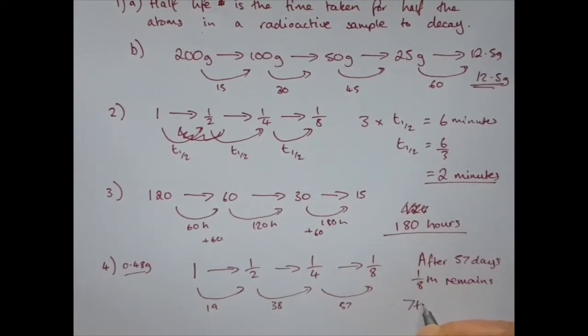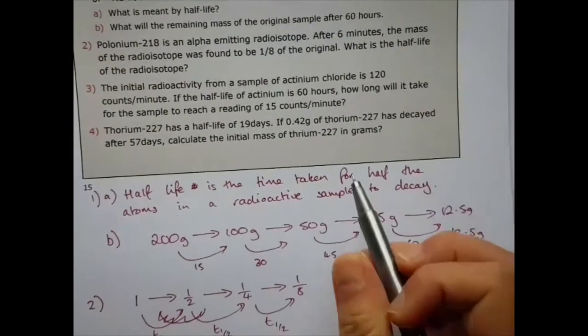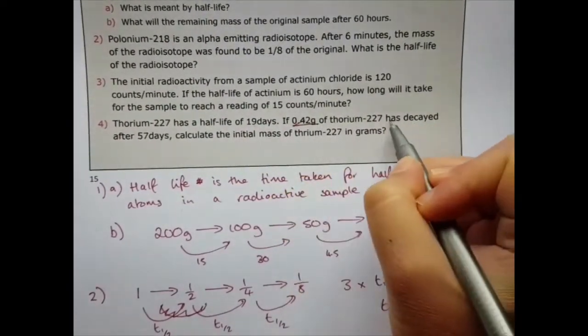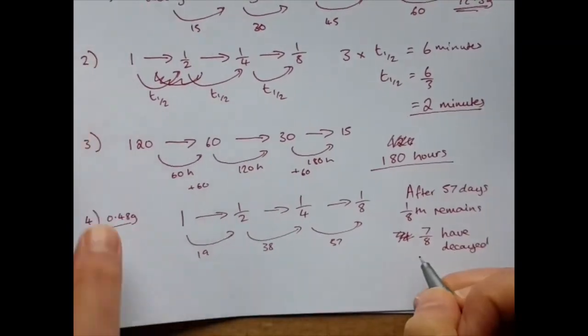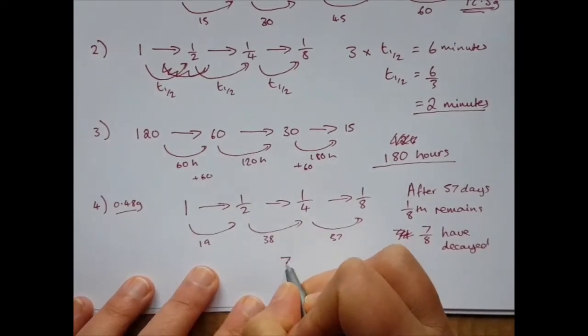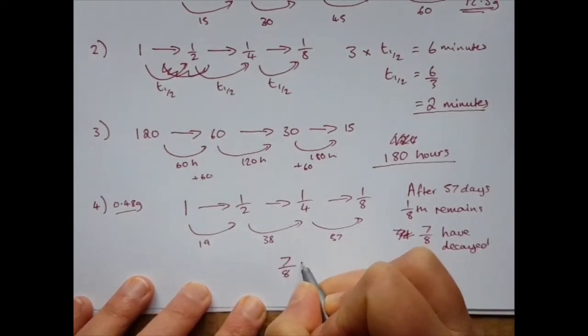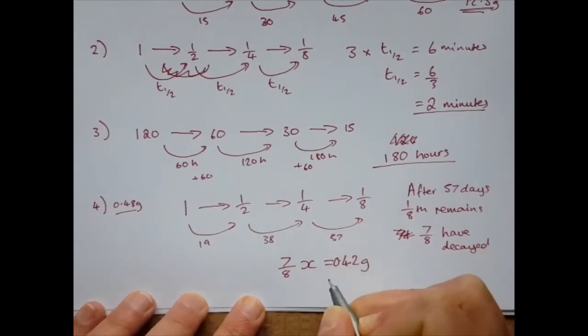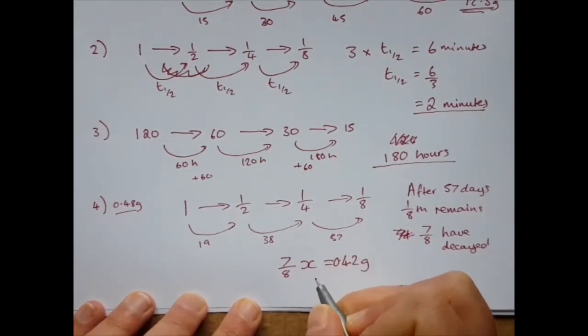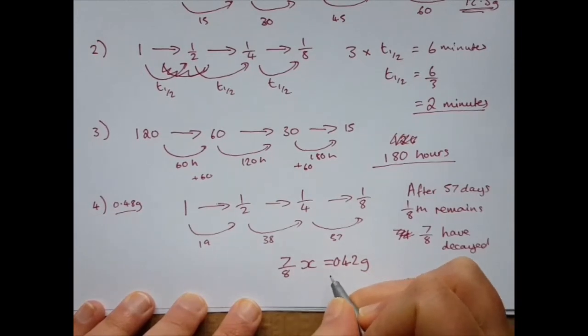That means that 7/8 have decayed. Now the question tells us that 0.42 grams has decayed. So if 7/8 have decayed and 0.42 grams have decayed, then 7/8 of the original, so we're going to call the original X, must be the same as 0.42 grams. Okay, so now that you've got a little equation here, then you just divide both sides by 7/8,